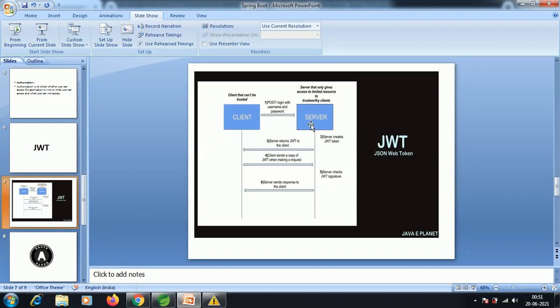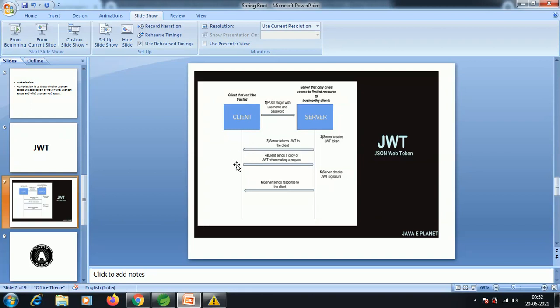The server will send the token as a response to the client.